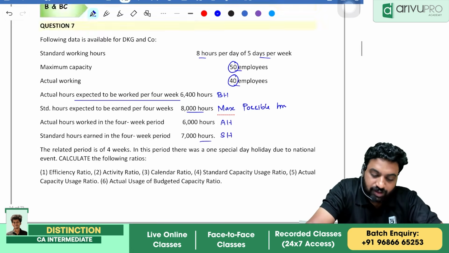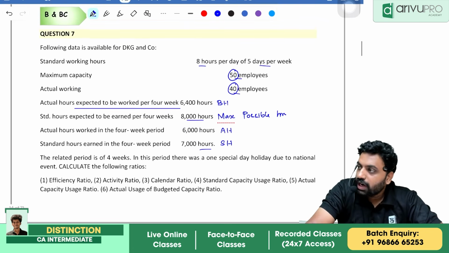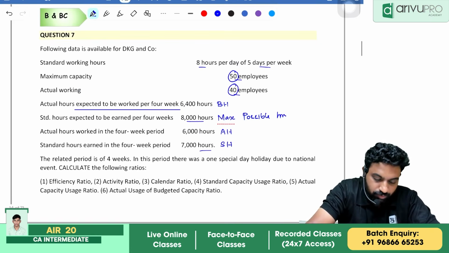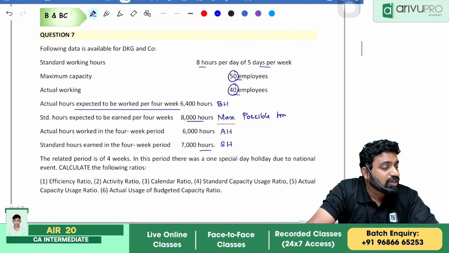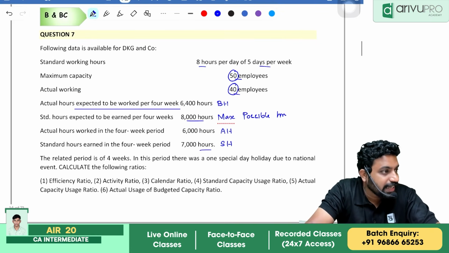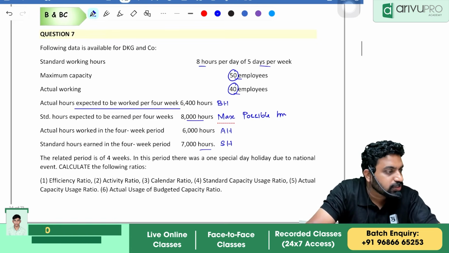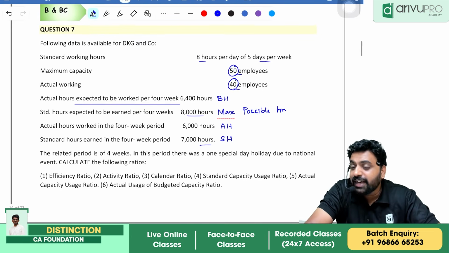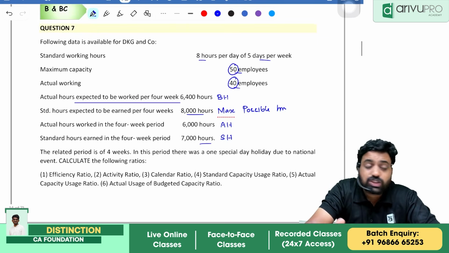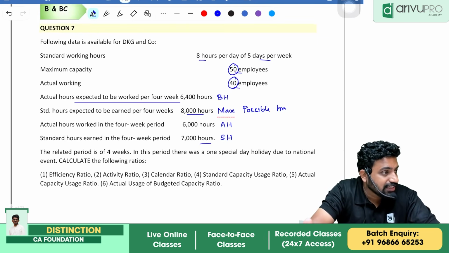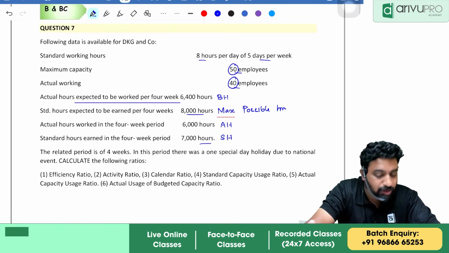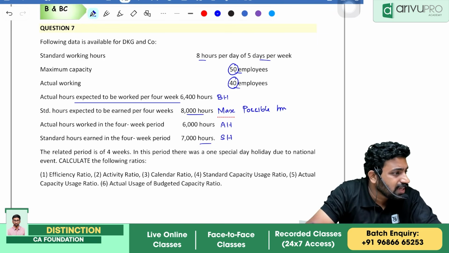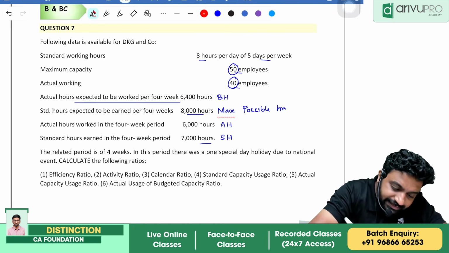Now listen. Sir, how to determine budgeted and maximum with those wordings they have given? Actual hours what we budget means based on current scenario. Based on current scenario means what we plan is budgeted only, no? Standard, what we plan based on the overall figures, standard figures, that is maximum possible. If you don't want to take it directly, you can go for the hours they have given also. That is,